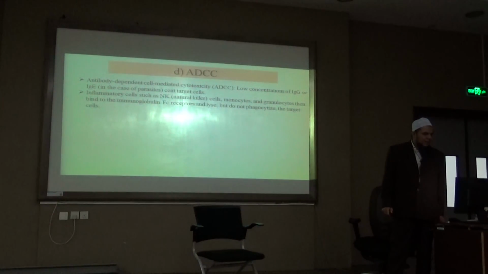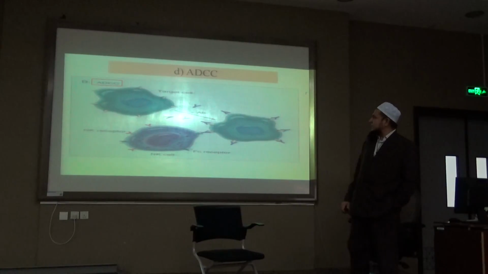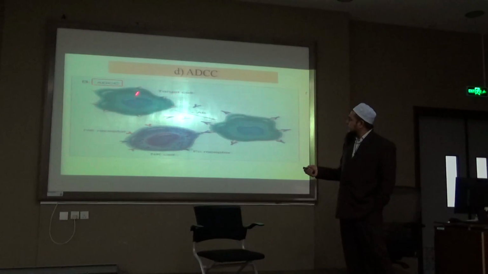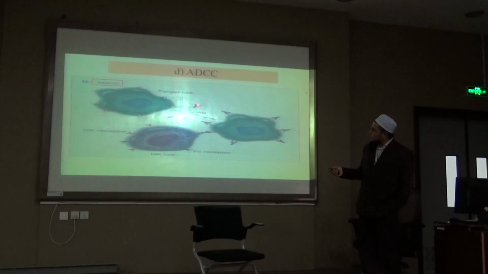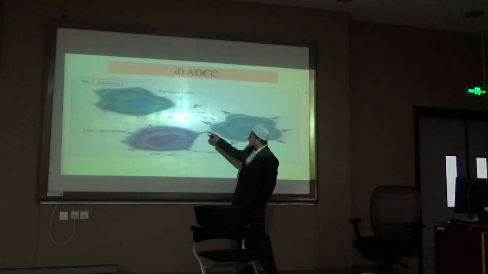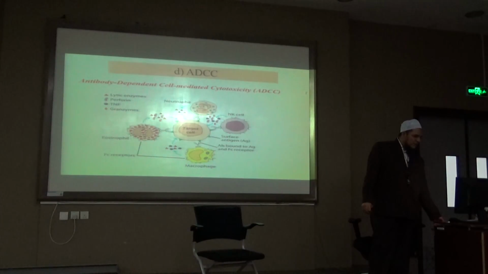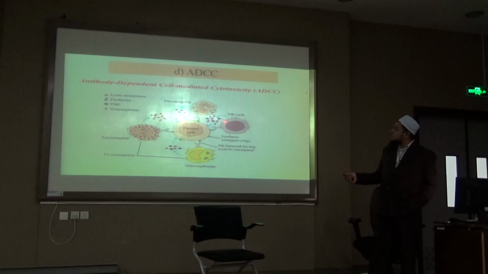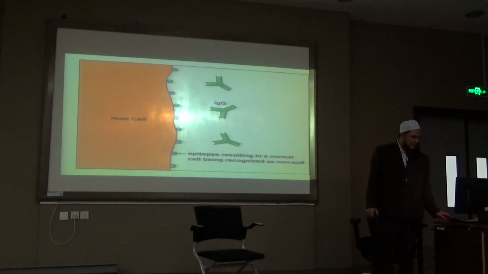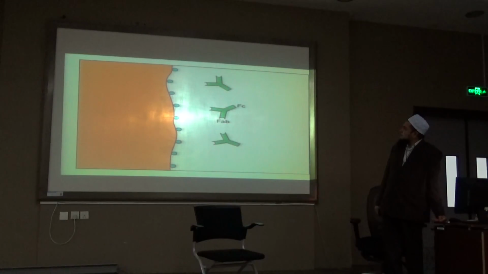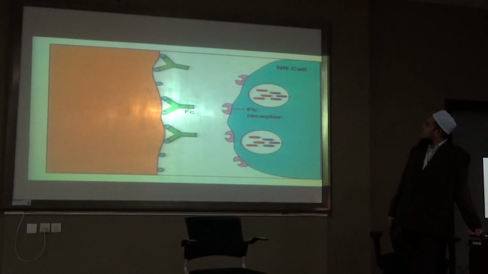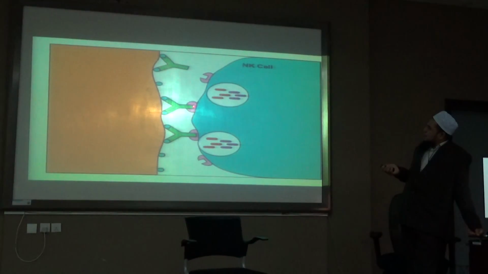Clear? Now this is the last one that we discussed, the natural killer cells. This is the target cell, these are the antibodies, and here is the NK receptor and natural killer cells. Once it is attached to the natural killer cell, it releases some chemicals, and then these chemicals will rupture the target cell. See here, attached to the receptor, and then